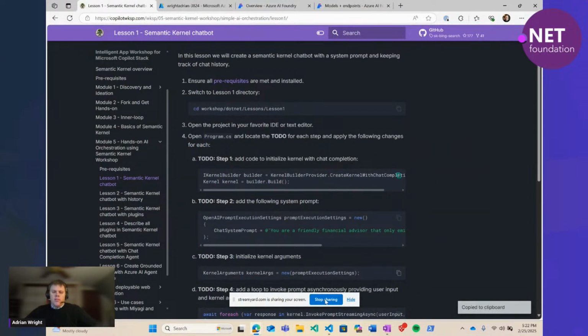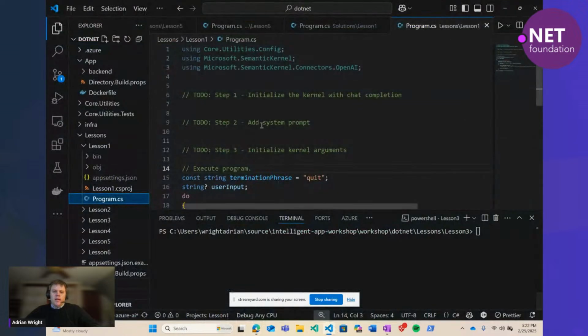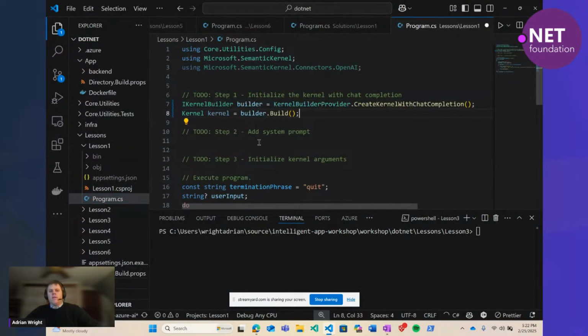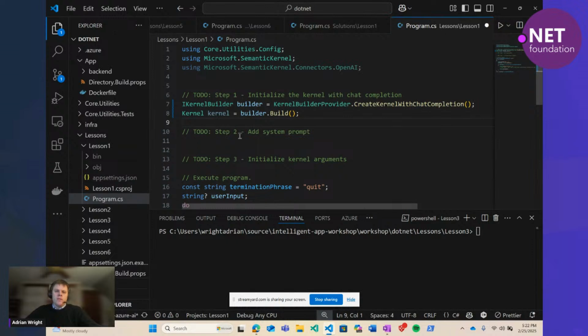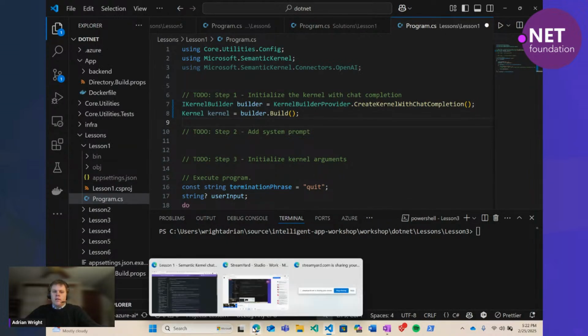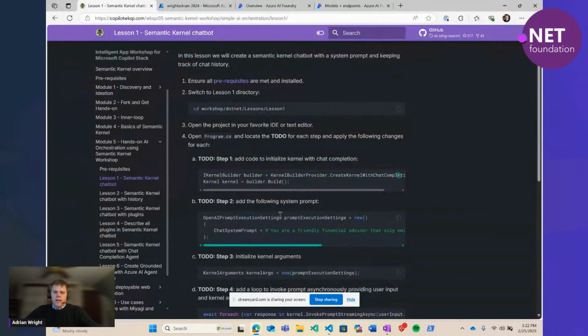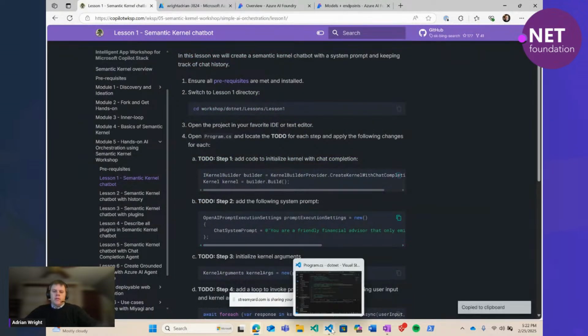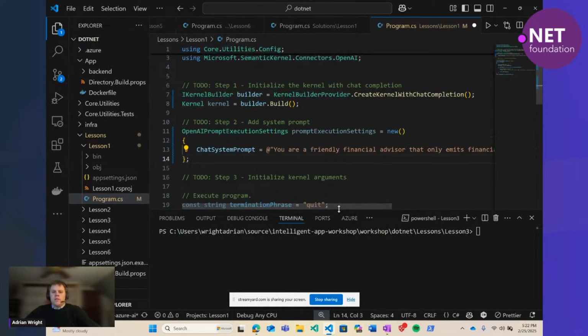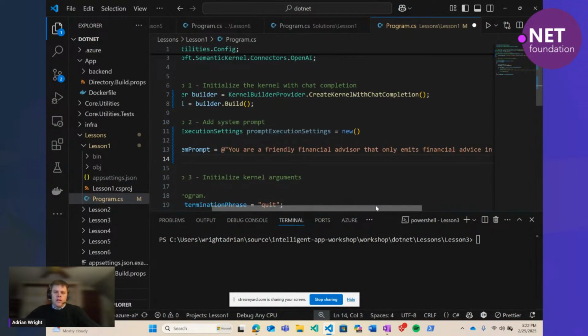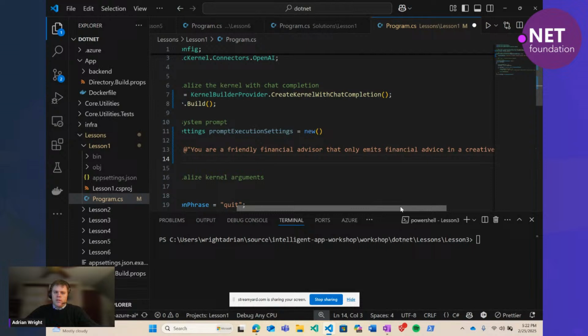So first, we have a console app, and it is going to have a semantic kernel, which we will use to interact with our LLM. So I have, as I said, an OpenAI GPT-4 model deployed, and we will set up the kernel and then system prompt. So system prompt is where you tell the chatbot what it's going to do, and maybe more importantly, what it's not going to do.